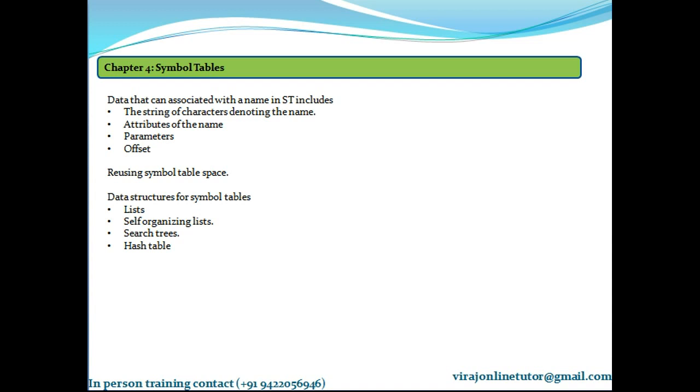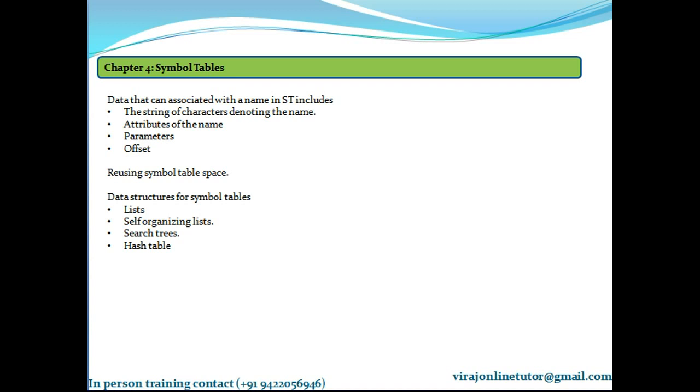Here we add a link field to each record, and we search the list in the order indicated by the links. We just don't go blindly searching the next locations, but here we follow the link pointer. Okay, first is a pointer that we introduce.